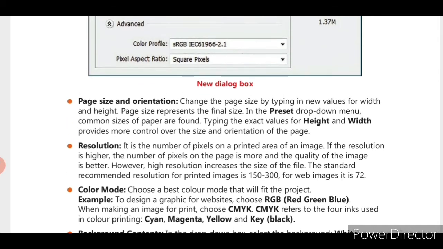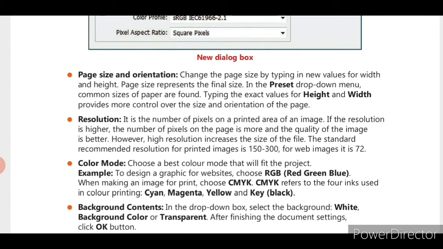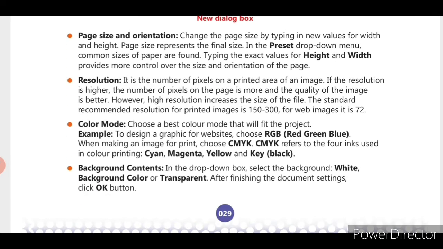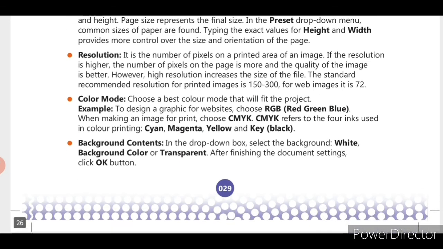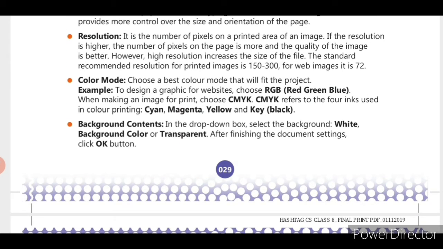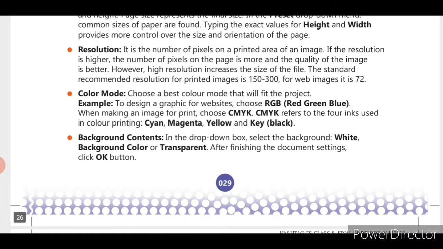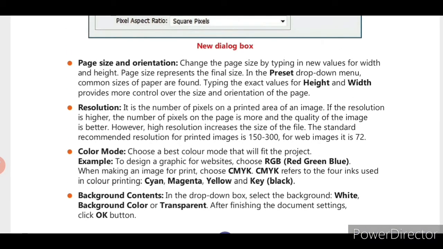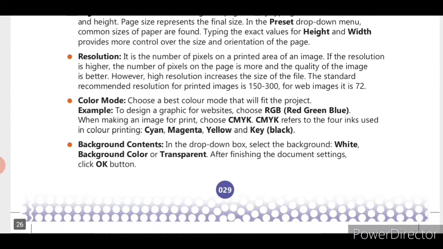Next we saw the color mode. We should always choose the best color mode from the two options, RGB and CMYK. Next we saw the background contents. We can select a white or transparent background from the background contents in the New dialog box.